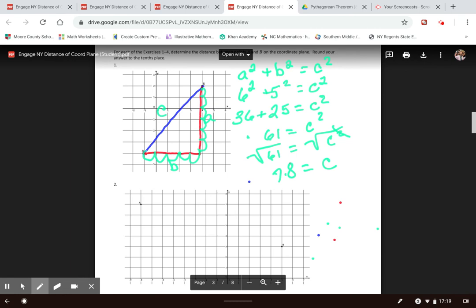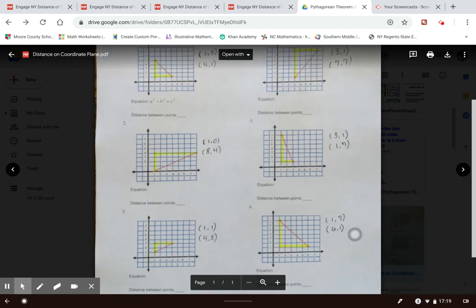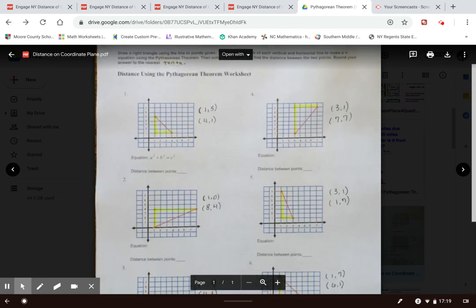So if we come over here for your assignment today, it's basically just doing 6 problems. What I did is I made the right triangles for you with my highlighter. That way, if you don't have a graph paper notebook at home, you can just count it on the screen. I also put the ordered pairs if you want to recreate these triangles at home in your own notebook. So just do these